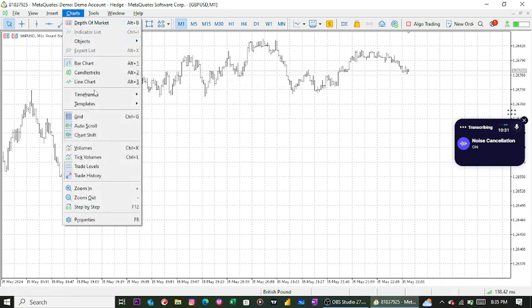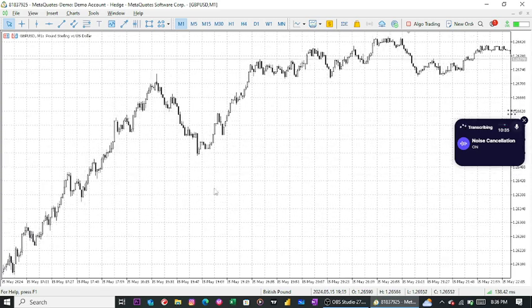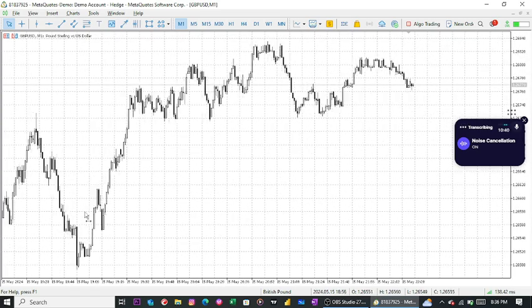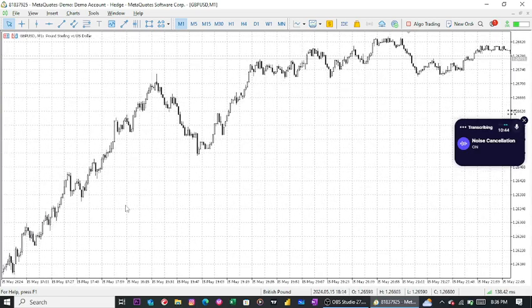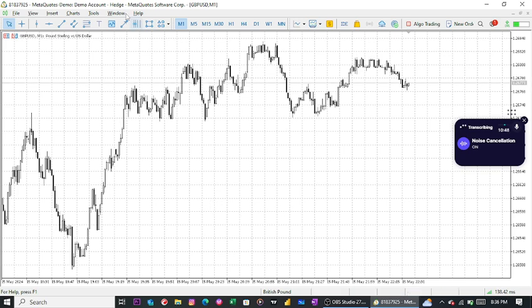And this is the candlestick chart, which is the best form of viewing prices and its movement. So this is what you mostly use. If you use anything other than this, I think you're on your own. This is the best way of viewing a chart. This is the best. So it tells you what price is doing at every given point.